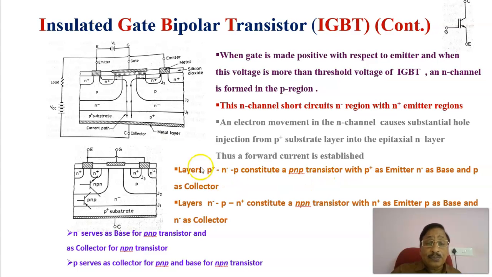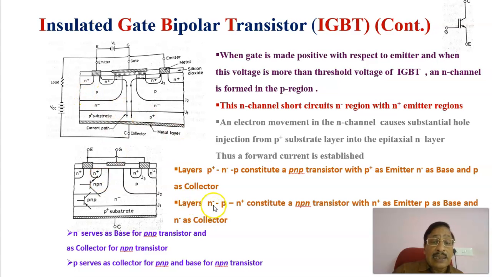The layers P plus, N minus and P, these three layers, will be constituting a PNP transistor. Therefore, that will be constituting a PNP transistor with P plus as the emitter, N minus as the base, and P as the collector. Therefore, it can be analyzed as a PNP transistor on this side, and the other one,